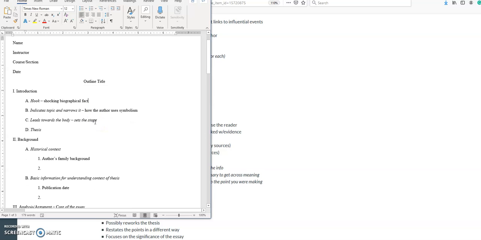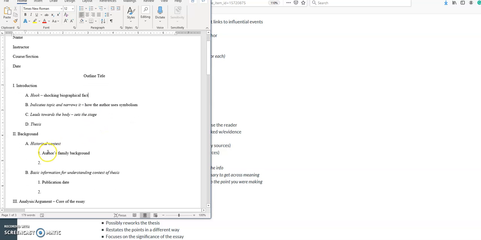When it comes to historical context, this is where you don't have to give a full background about the author, but you can at least say, okay, I'm going to put author's family background here, and then maybe something was going on during the time of event. Like civil rights, right? Maybe that was happening when your author was writing. So fill this out and let me know if you have any